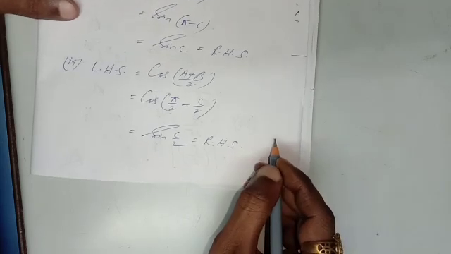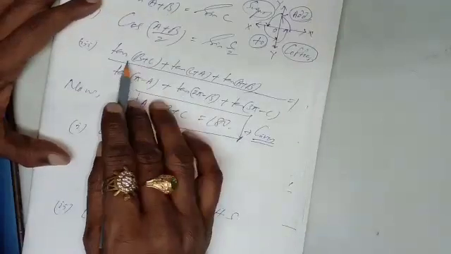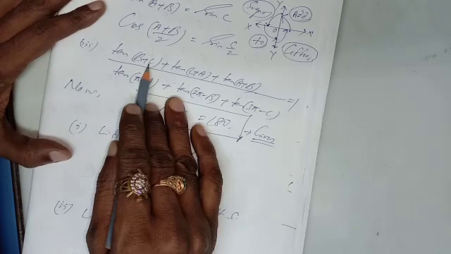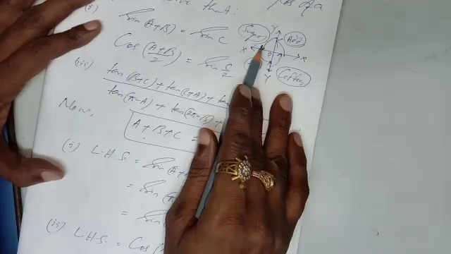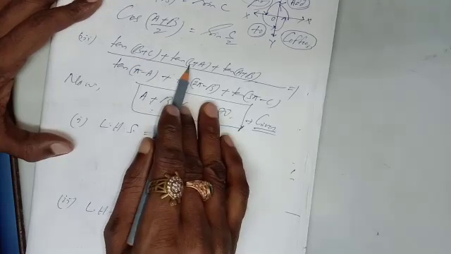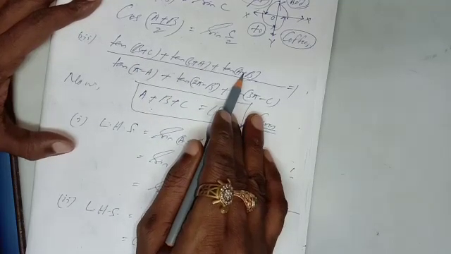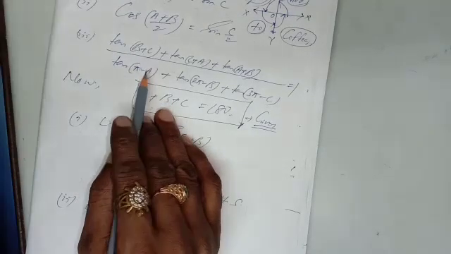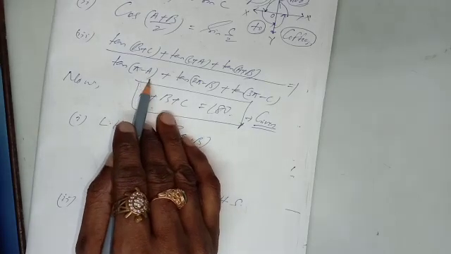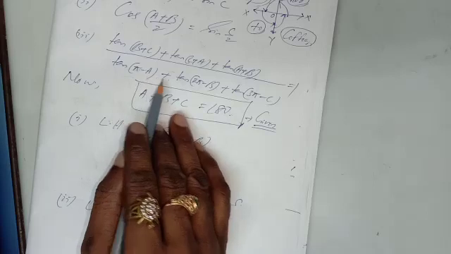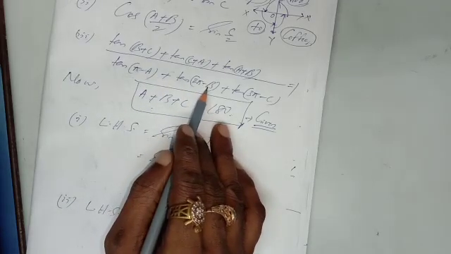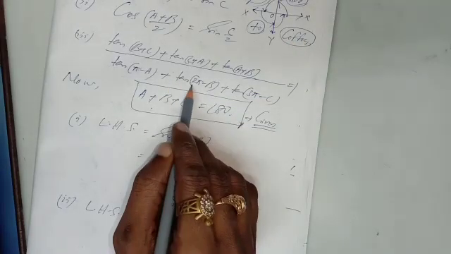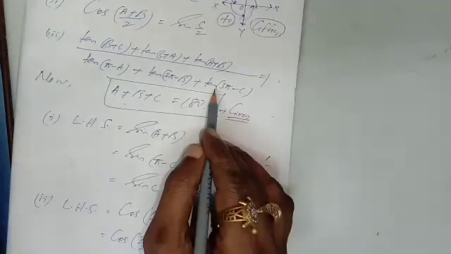And the last part, the third part: you see tan(B + C), it will be how much? Pi minus A. Tan(pi - A) means this will be in the second quadrant, pi minus, so this will be minus tan A, minus tan B, and minus tan C. And just you see here, tan(pi - A) is how much? Tan(pi - A) means minus tan A, and tan(2 pi - B): 2 pi minus B means this will be the fourth quadrant. This is also minus tan B. Again this will be tan C, minus tan C.